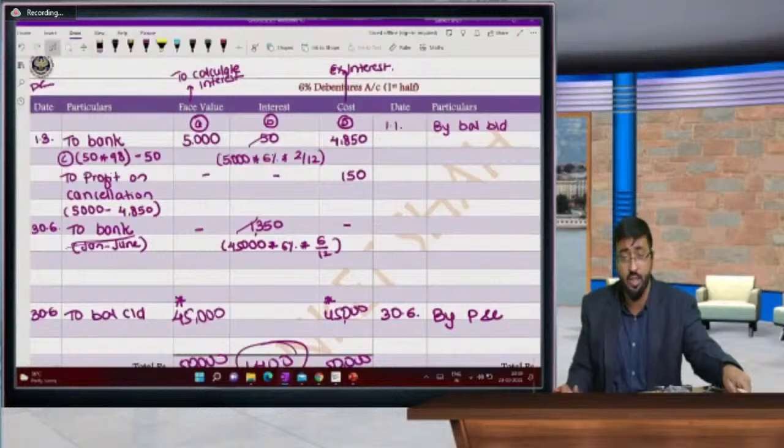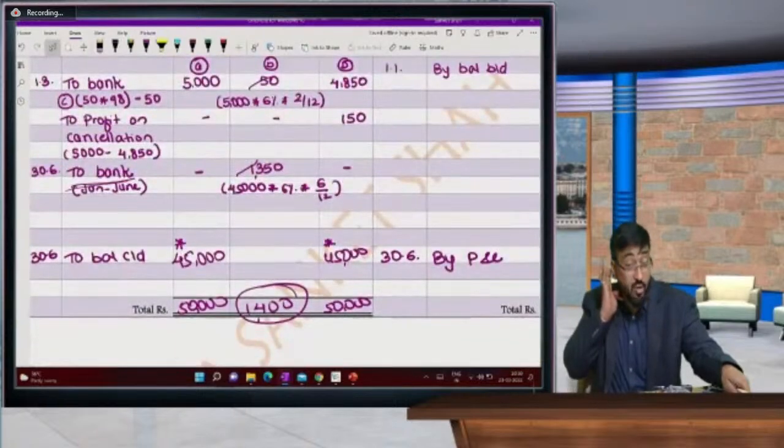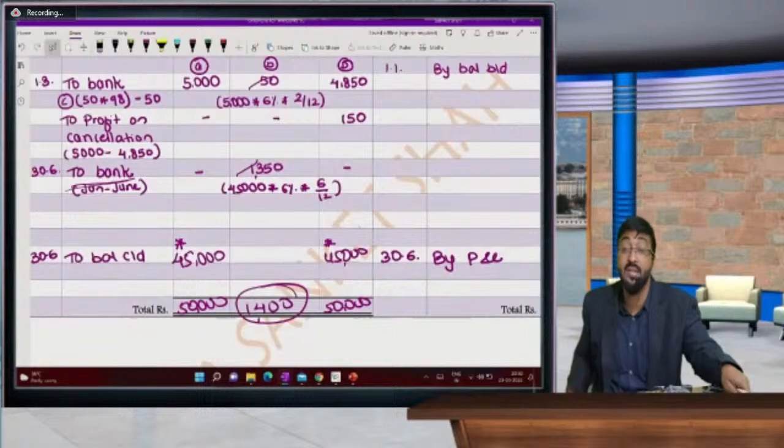Other than financial institutions. DRR has a credit balance, it is a reserves and surplus balance, and you have to create 10% of DRR. Remember, that is now in our example 10 lakhs rupees. Now in this illustration number 2, 10 lakhs into 10%, we have to create 1 lakh. And we already have 50,000. So the balancing figure, 50,000, we have to create, and that we have to transfer not as to balance carried down, but to general reserve at the time of redemption. So at the time of redemption, we transfer it to general reserve. If there is no redemption, we will write it as to balance carried down.